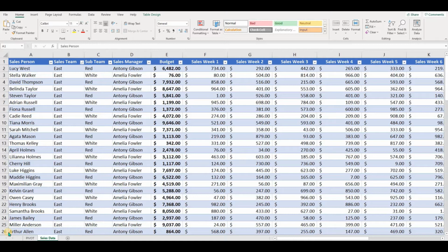to Excel Basics Plus. In today's video, we're going to be looking at more of the pivot table application and how we can create them, and then also create some pivot charts. So the data we're using today is a whole pile of sales data with some random salespeople, the sales team they belong to, which sub-team of that sales team they belong to, and who the sales manager is